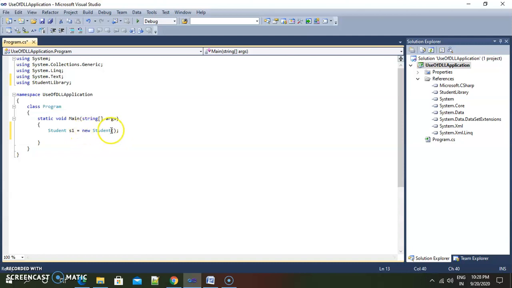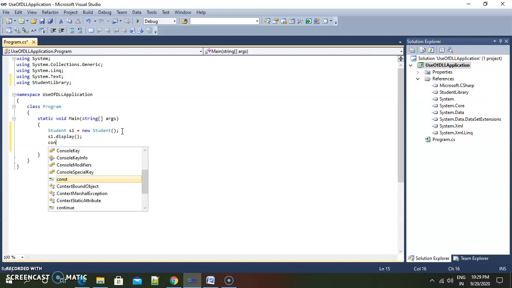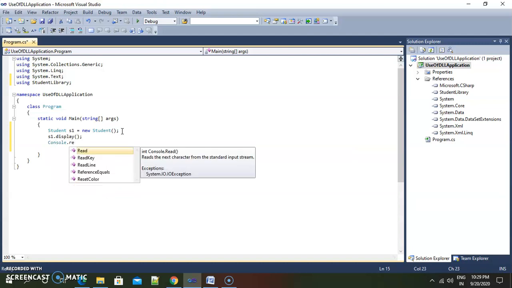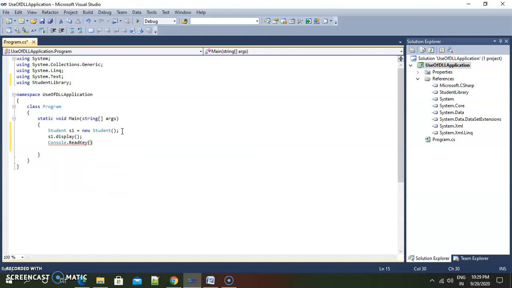So the default constructor will be called here, and values will be initialized for this S1. Now S1's roll number is 10 and name is Radha. After initialization we can display the values by calling the display method, and I am closing my program here. My final line is Console.ReadKey.